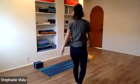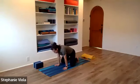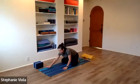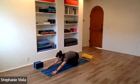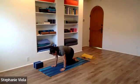So today we'll start in child's pose. A child's pose that's comfortable for you. I'm going to go big toes together, knees apart, and then walk the hands forward. But if that's uncomfortable for any reason, you could bring the knees and feet all the way together and still